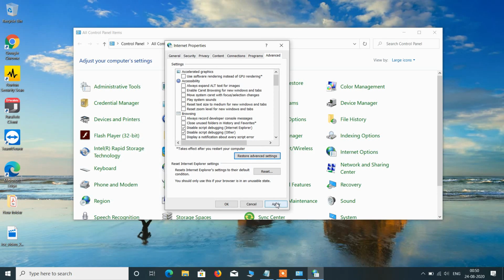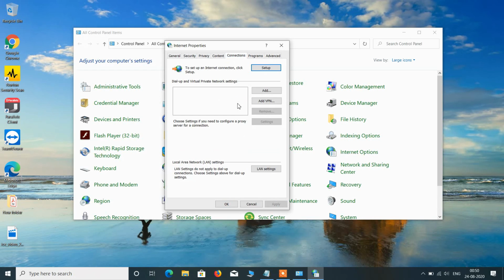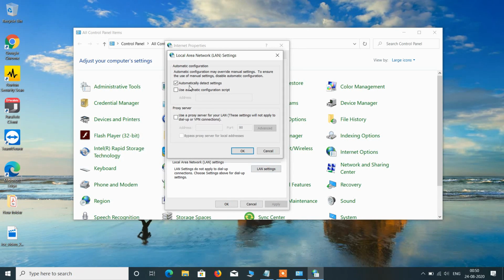After this, just click on the Apply button and now go to the fifth tab, that is the Connections tab, and click on the LAN settings button. Now check this Automatically detect settings. Make sure that it is checked in your system and also make sure that